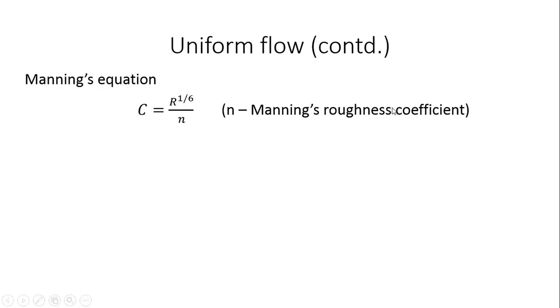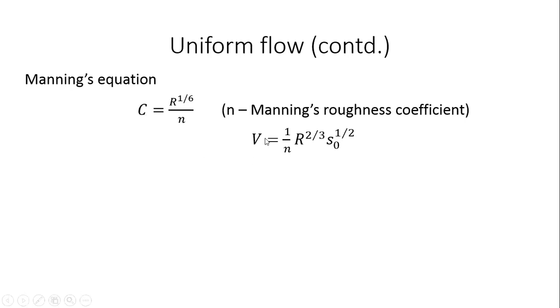So these are empirical equations. This understanding has come about by doing a lot of experiments. So C equal to R to the power 1 by 6 by n. If I replace this C from the Chezy's equation with this expression R to the power 1 by 6 by n, where remember R is the hydraulic radius,